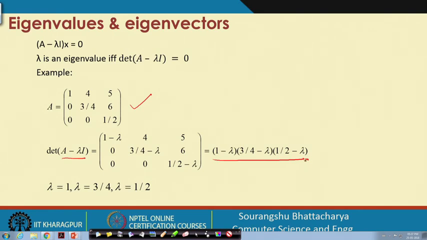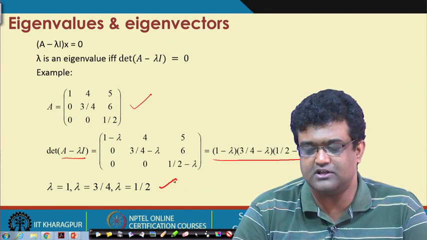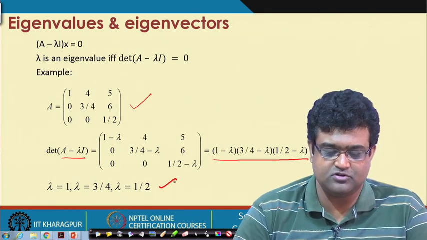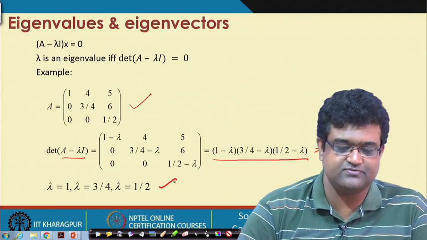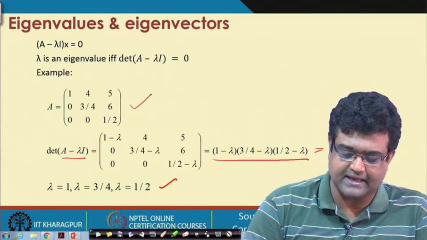In general, we will have a polynomial in lambda. We can solve this equal to 0 to get as many values as the degree of the polynomial, and in case of an n cross n matrix, the degree of this polynomial, which is also called the characteristic polynomial, turns out to be n. By solving this, we can get the lambda, after which we can solve for x.